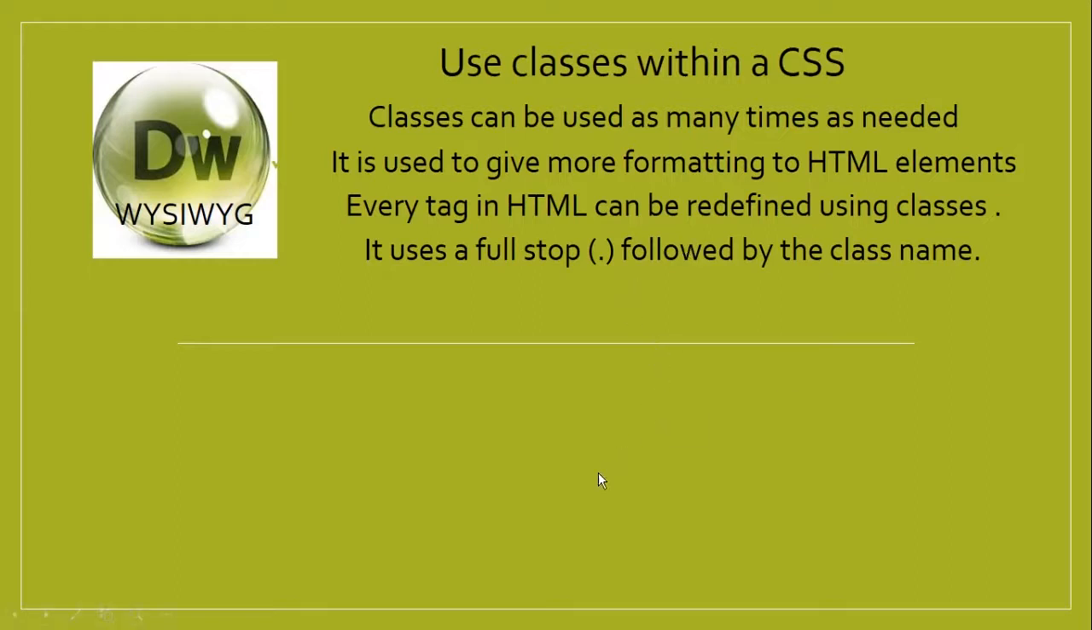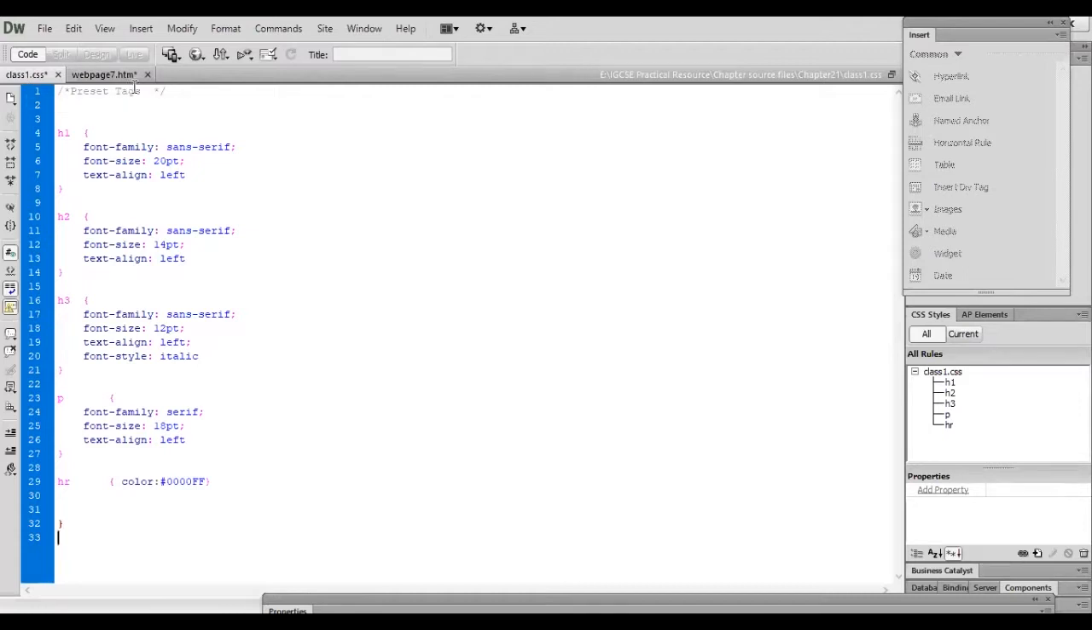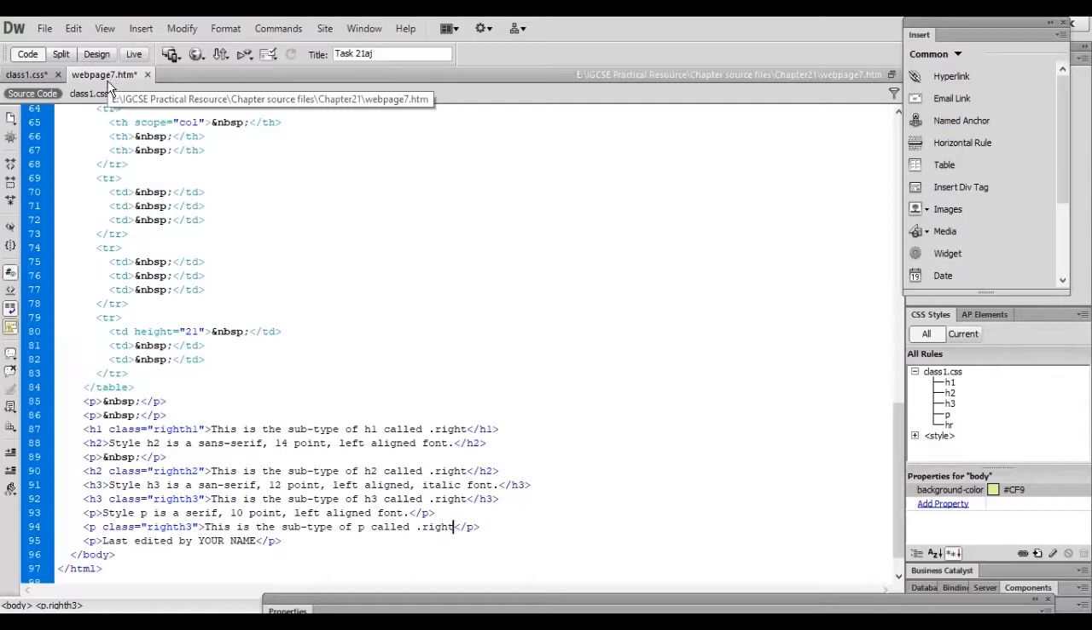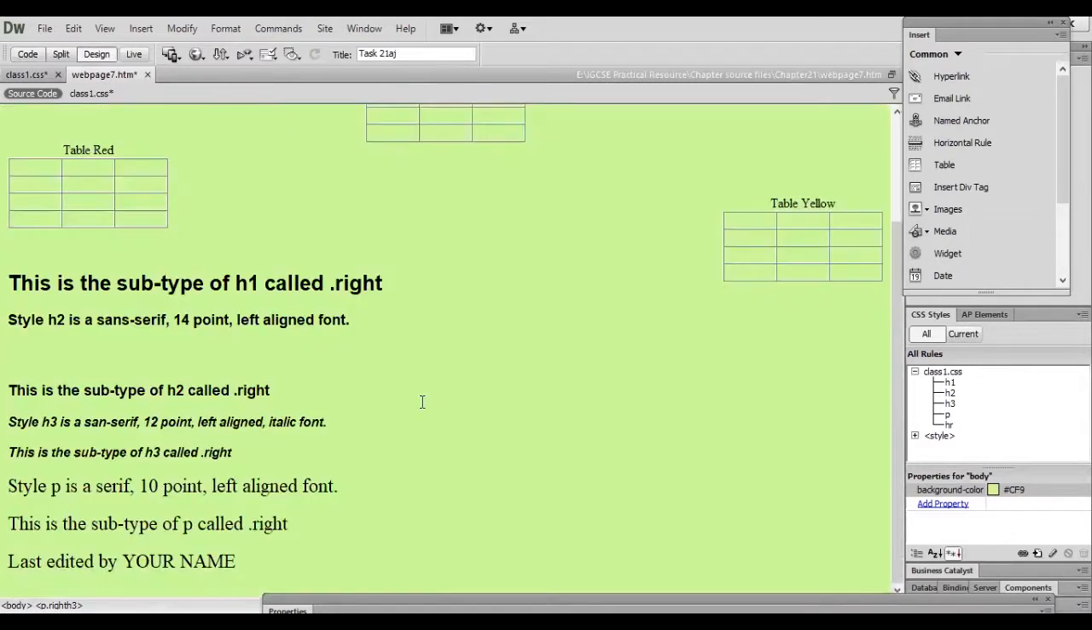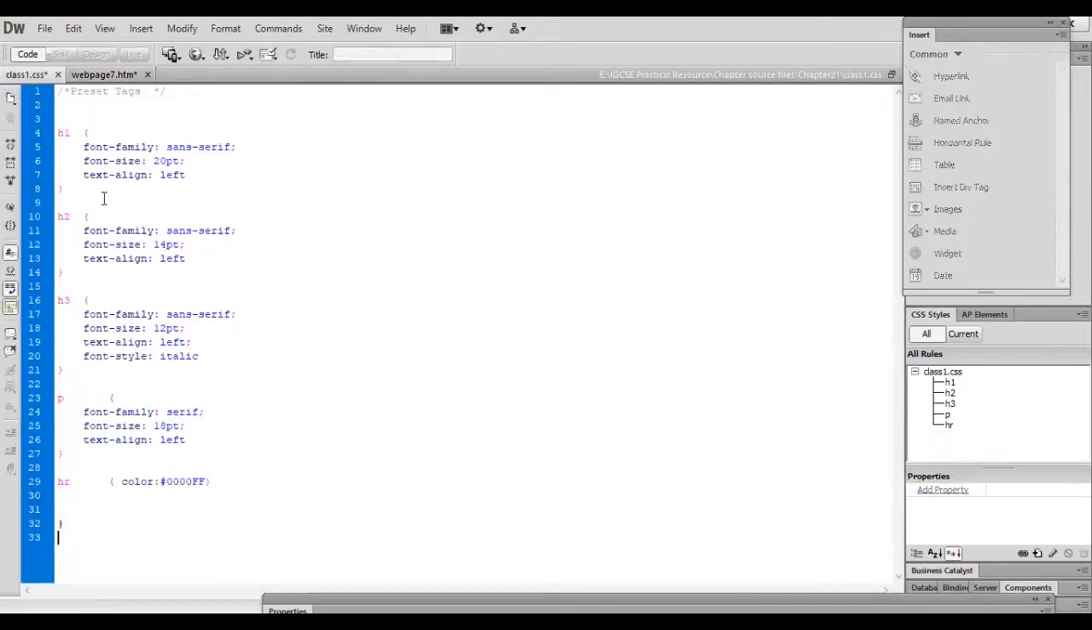So let's begin and continue with the text editor Dreamweaver. This is my CSS view. I have created one CSS file, a cascading style sheet, and this is my HTML file. When I view this, this is the design view and my CSS view. Here are some default settings for H1, H2, H3. So I have defined some tags and